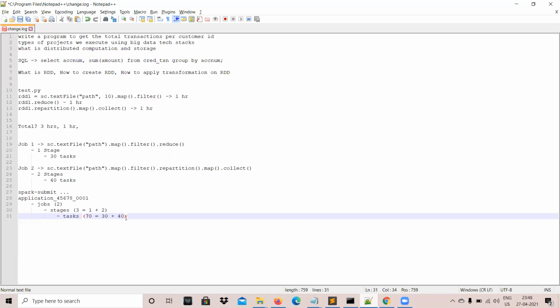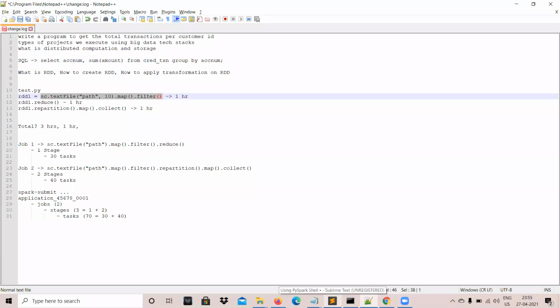Now, one thing you notice here, even though you have created an intermediate RDD, that is RDD1, it gets computed twice. When Spark deciphers the lines of code we have written, it basically identifies how the code has been written, and based on that it decides the different jobs and then executes accordingly. So that's how things happen in the backend.